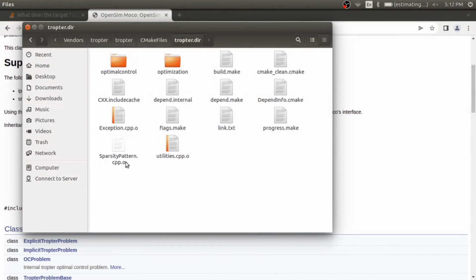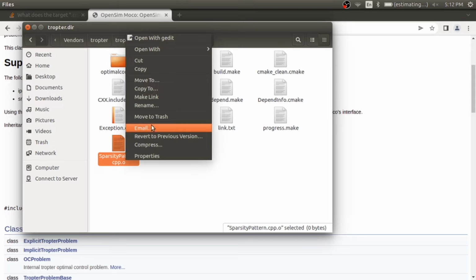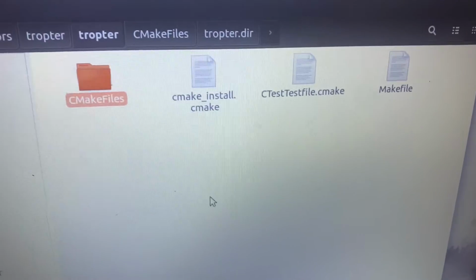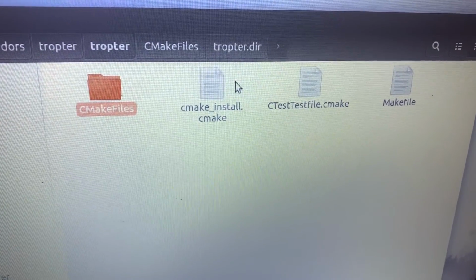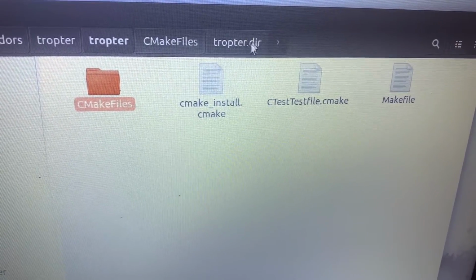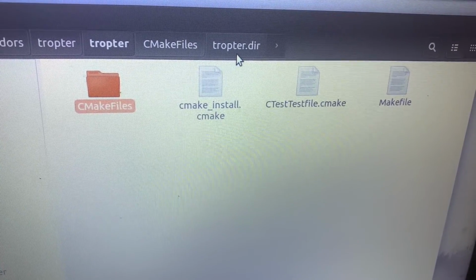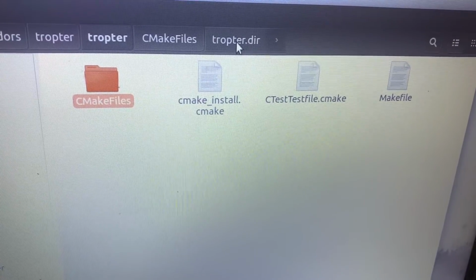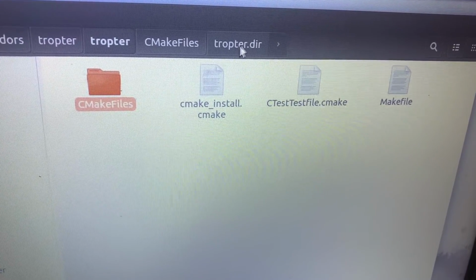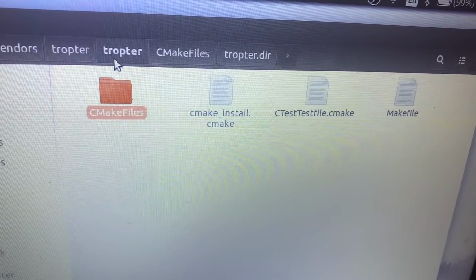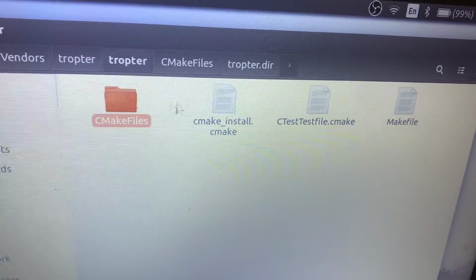In the Tropter.dir, you have the problematic file, and just change the extension name from .o to .old. Then go two levels higher. So you will see here Tropter.dir, and you just modified one file inside this folder. Then just go two levels higher, to this folder Tropter, and as you can see,